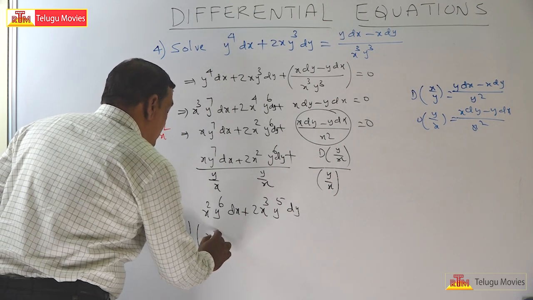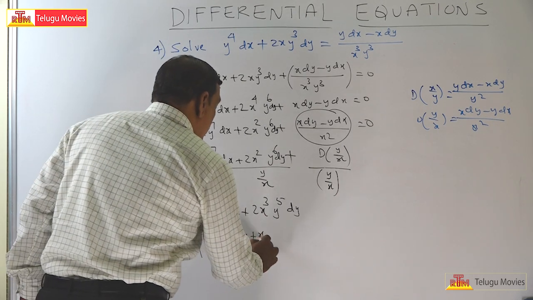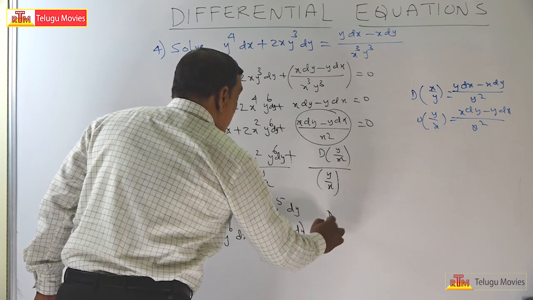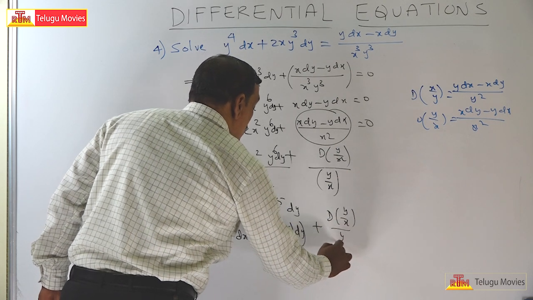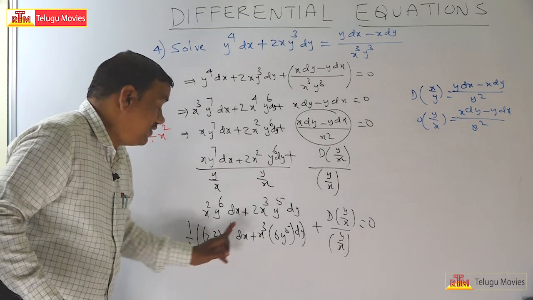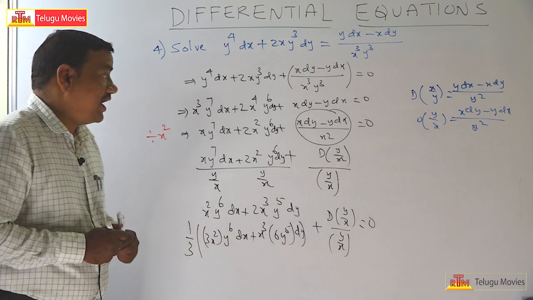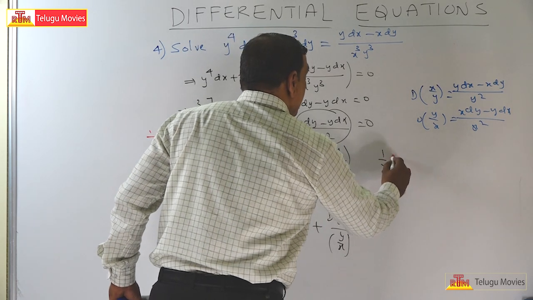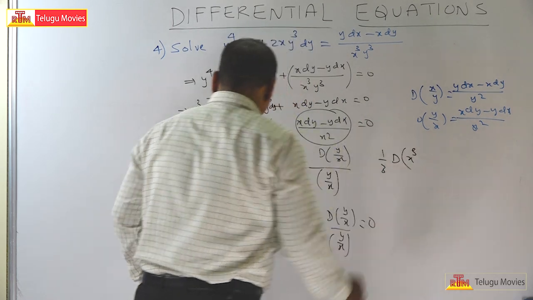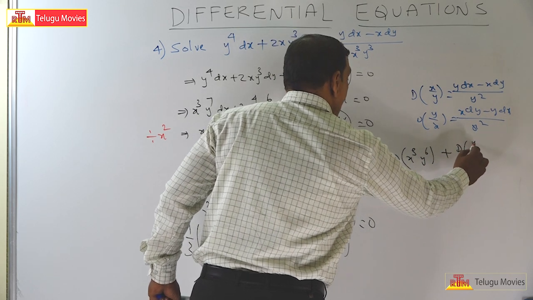3x square y power 6 dx plus x cube into 6y to the power of 5 dy plus the derivative of y by x is equal to 0. So here, if we observe, the derivative of x cube is 3x square, and the derivative of y power 6 is 6y to the power of 5. Now this can be written as 1 by 3 times the derivative of x cube into y to the power of 6, plus the derivative of y by x